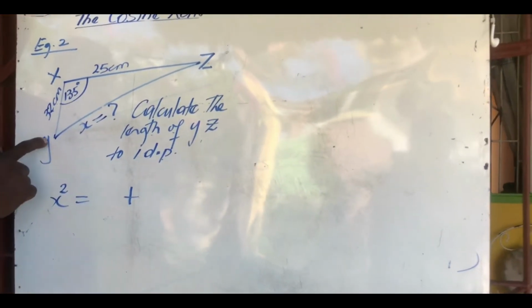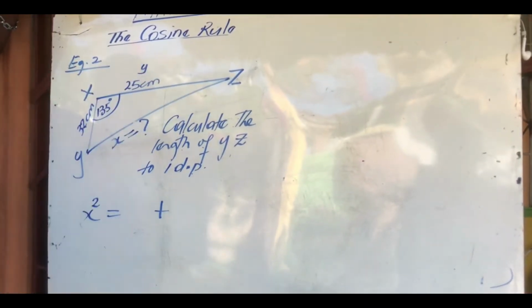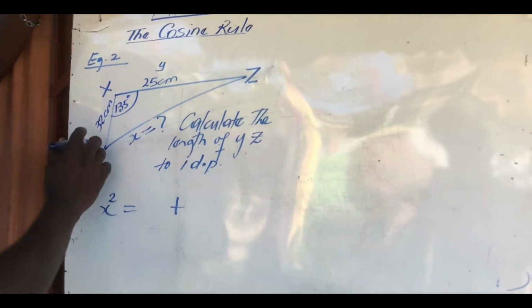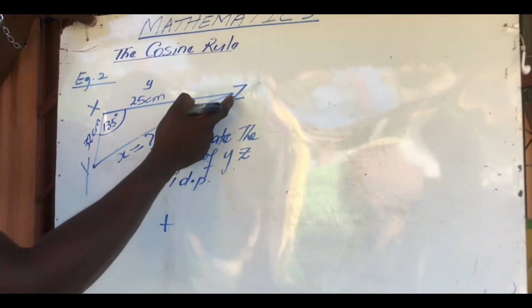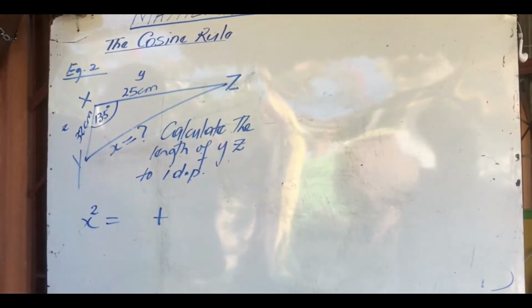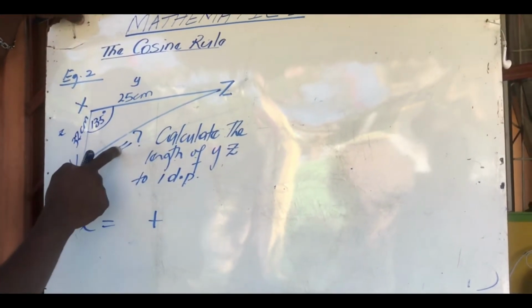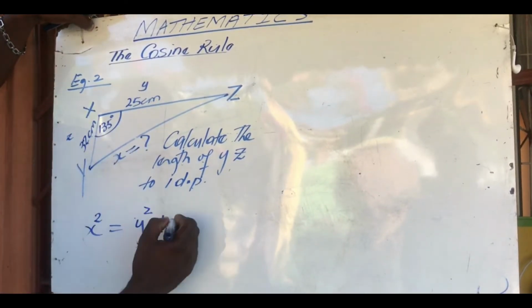So this is angle Y, so over here is little y. Now this is big Z, over here is little z. And so x squared equals y squared plus z squared